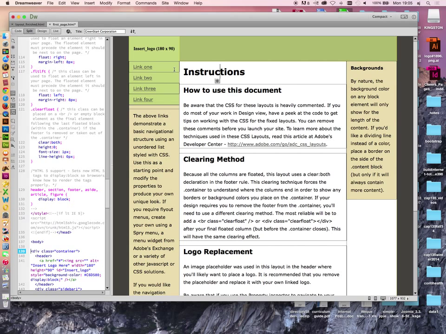Okay, as soon as I do that, I want you to take a look at my document up here. And as soon as you do it, I want you to take a look at your document. And I want you to notice what you see in the top right-hand corner of the tab that specifies the name of this particular document. It will now say first page.html, and then you will have your asterisk. Okay? Your asterisk means that there has been a change made to the document, and that change has not been